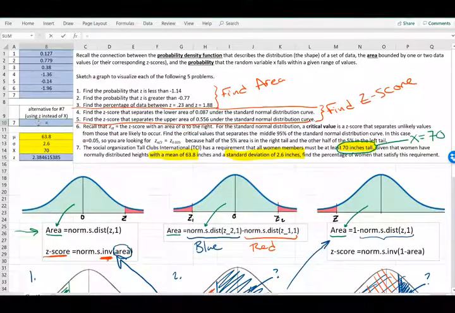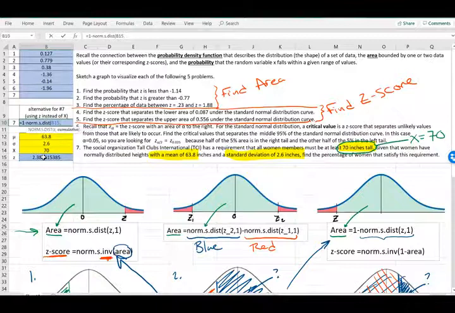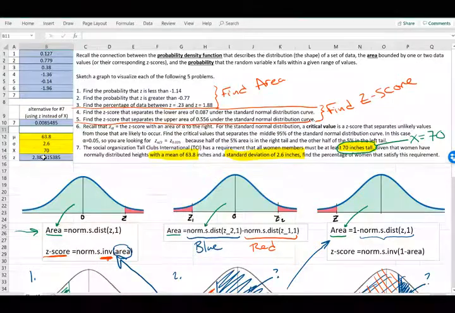Okay, so equals 1 minus norm.s.dist, the normal standard distribution function. Our z-score is down here in B15, and we always use a 1. Okay, so a little less than 1% of women qualify for the